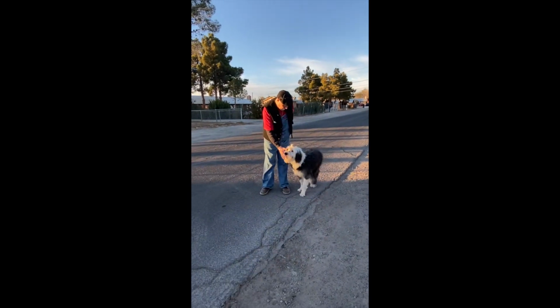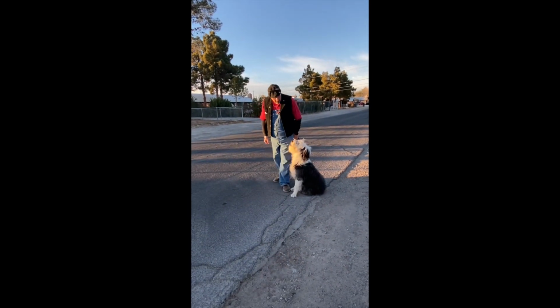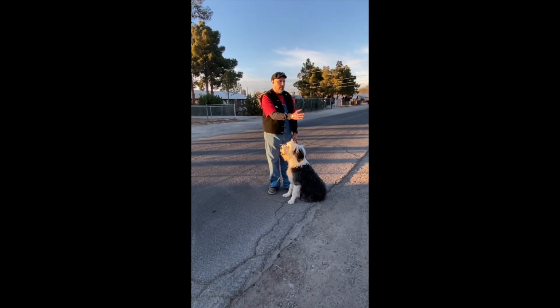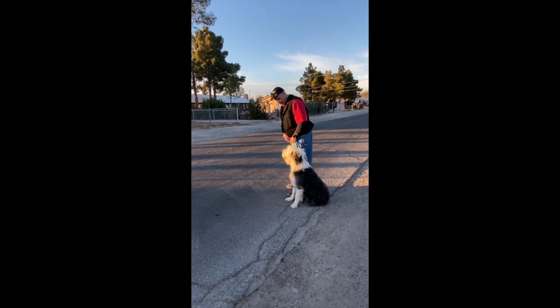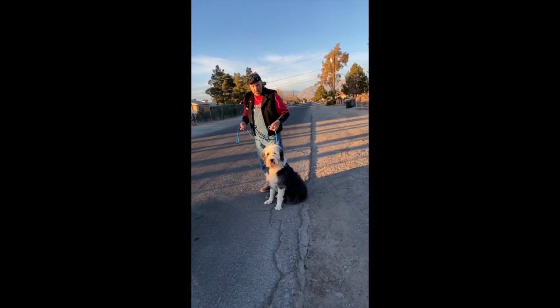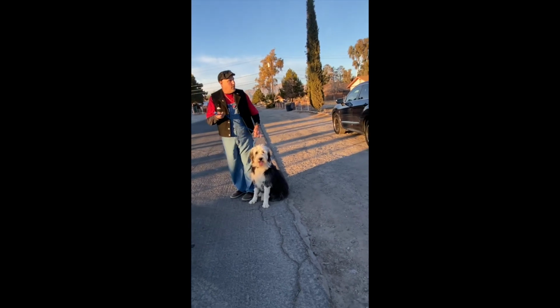Whoa. Sit. Now, he kicks out a little bit. I don't want you to stand this way and let him come towards you. I want you to go like this and pair up to his shoulder. You want to saddle up next to him because you want him to understand that neutral, which is this position,